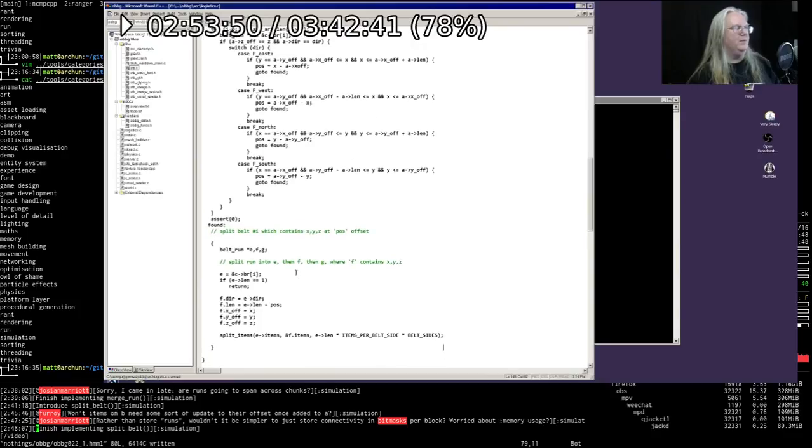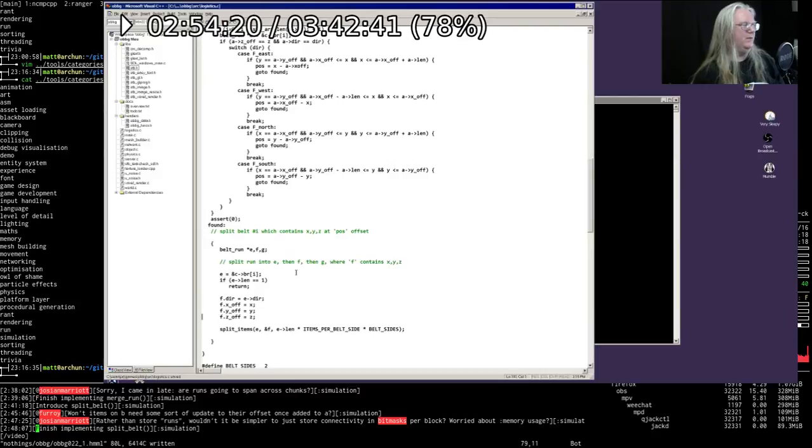I have to split the items between those two. These are STB arrays, so we want to just pass in the E and F so it can manipulate those properly. Although we've already set the lengths. Yeah, let's go ahead and let split items set the length. Okay, and then when we get to here,